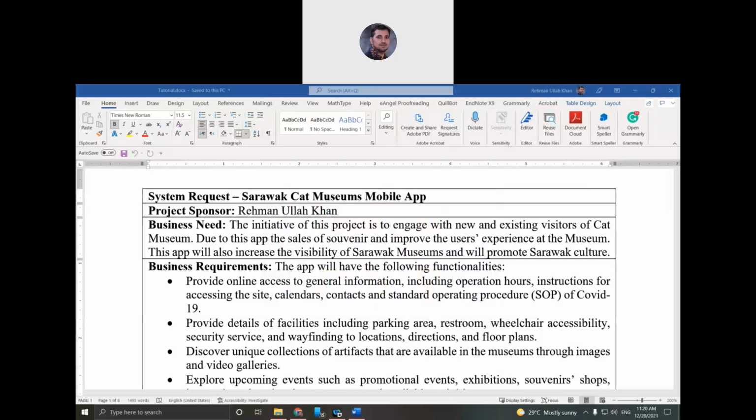tutorial. I have selected Sarawak Museum, and we will start from system request, then functional and non-functional requirements. Then we will go through possible use cases, and after that we will bring the same use cases to DFD and the different levels of DFD, and finally the same DFD we will convert to ERD.